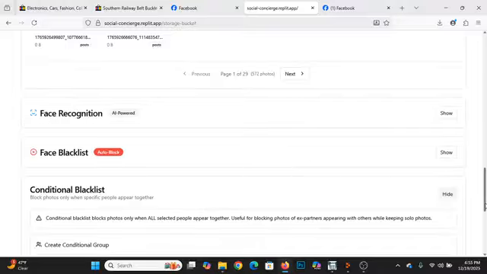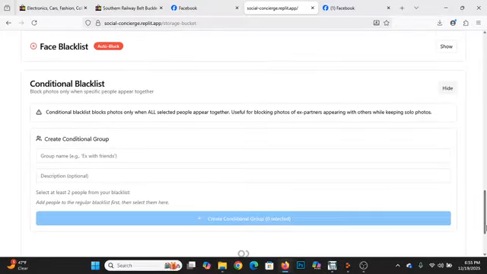This would fix it for people who are like, oh, well, I like your photography and I like seeing my photo up here, but there's just certain ones with certain people I don't want to see. That is what this can apply to, and I could do a conditional blacklist for multiple people,